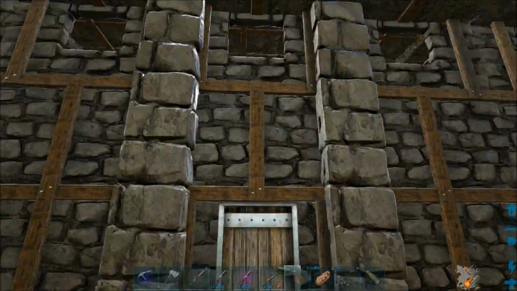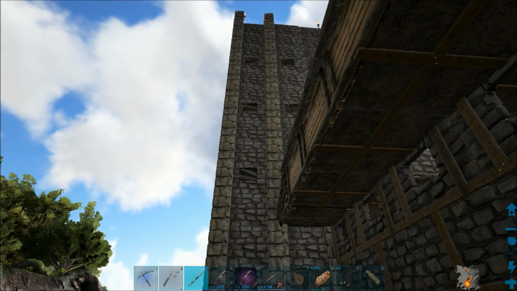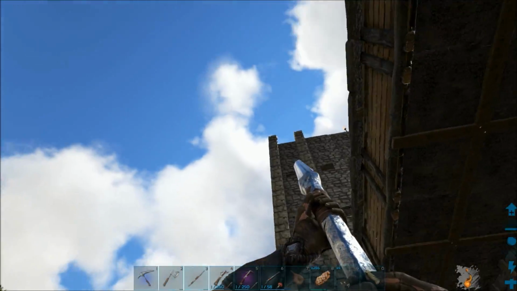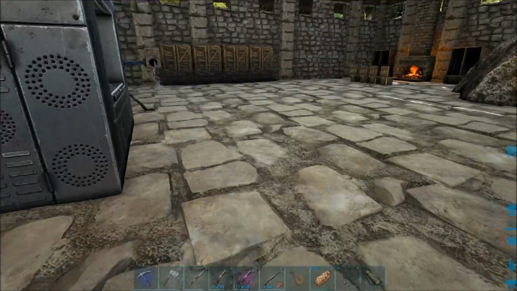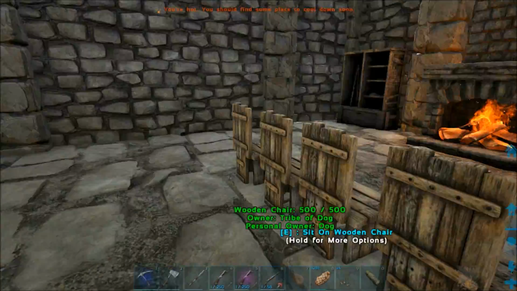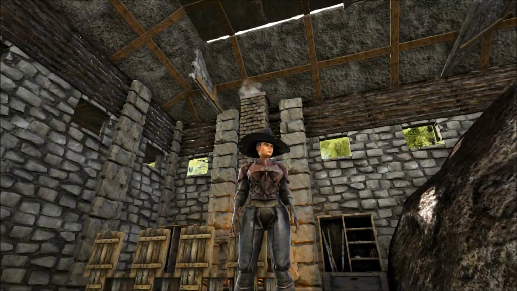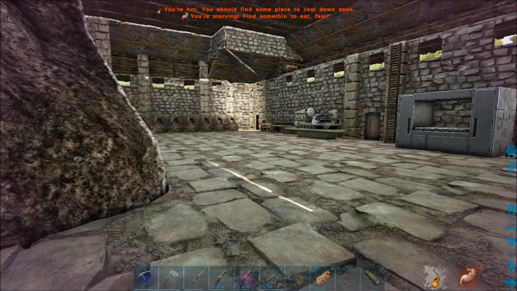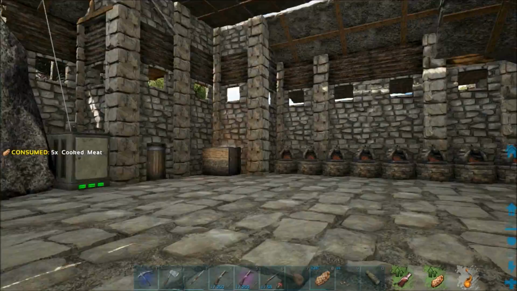But yes, this is our base for the time being. I actually quite like it. I might add a bunch of greenhouse windows in all these gaps there, but so far I think it looks kind of nice. So I'm going to go ahead and craft myself some new armor, because as you saw, I'm still in chitin and hide and all that. So let me go and craft myself a bit of better armor and maybe a couple of weapons,